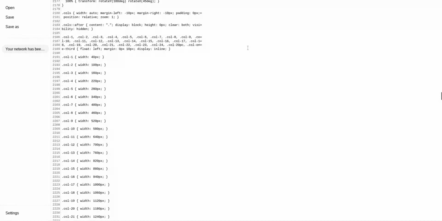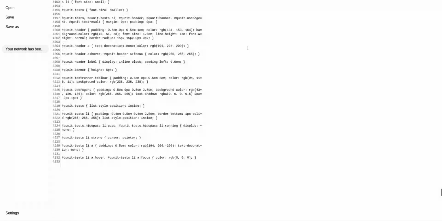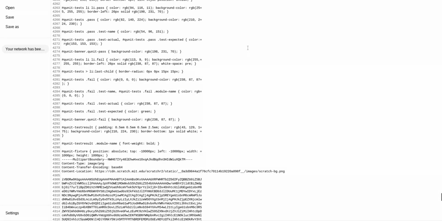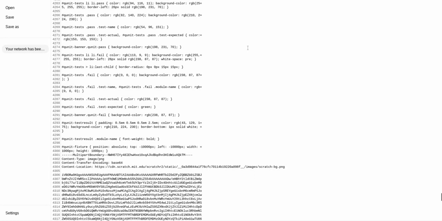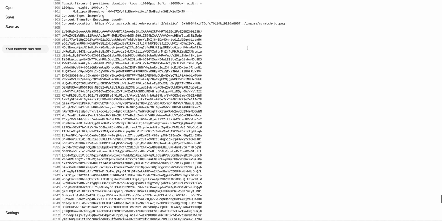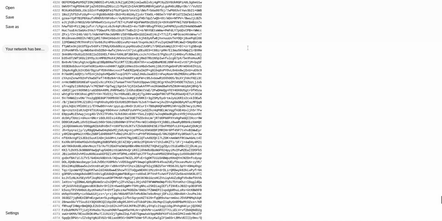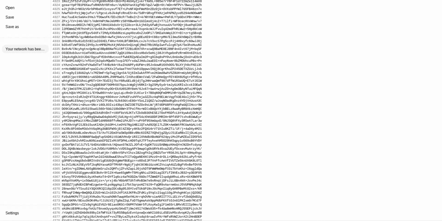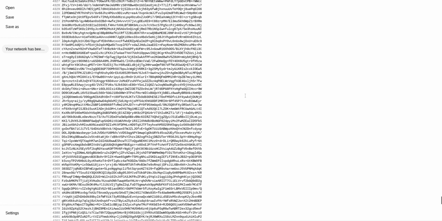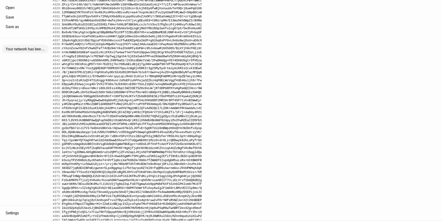It just scrolls down, but if I keep scrolling down, you might see something. When I go here, you might notice there's something a little wrong with it. In fact, the code here is just a whole bunch of Unicode character stuff.